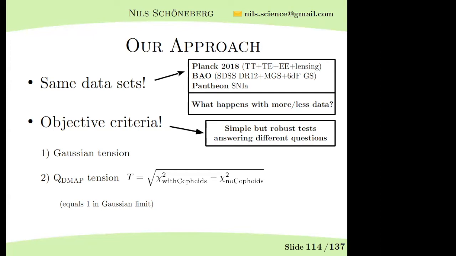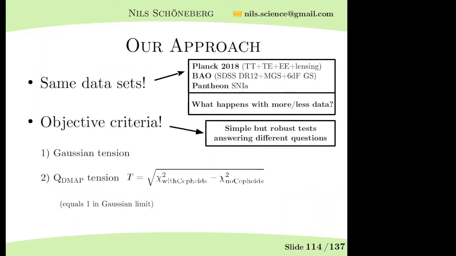If you take this precise formula, you will get the same tension as the Gaussian tension in the Gaussian limit. And this can be derived very easily if you just plug in the multivariate Gaussian distributions. Then you minimize them, you get the mean and the sigma out of it, or the mean and the covariance matrix, and then you can derive this kind of Gaussian tension criterion. What is nice about